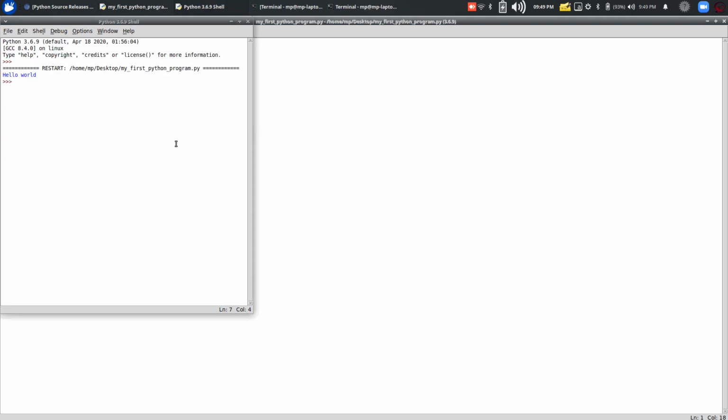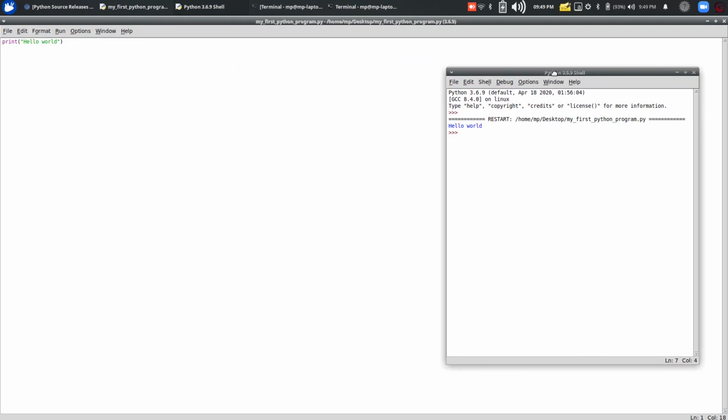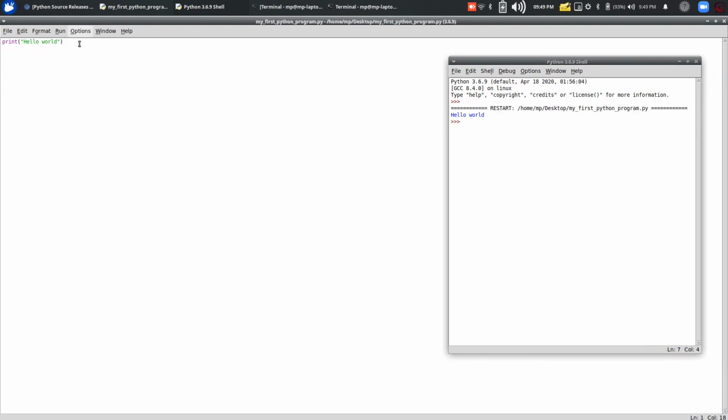In double quotes you will write hello world. Save that with Control S, and you can run that Python file from here, or you can directly press F5. So we are just pressing F5. This is our output of hello world. It's that simple.